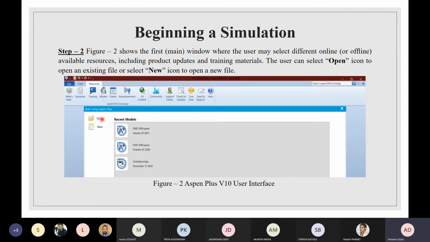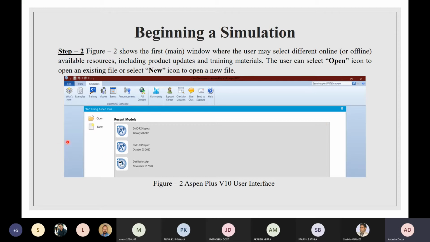If you have old files which you want to check, or you have to see again, you can go to open file and select that particular file you have with you. Suppose that you want to do something new in Aspen Plus, you can click on New and start creating your new Aspen file.